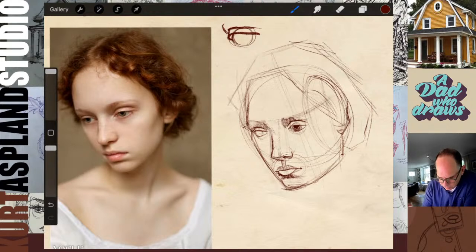And same with the other side. Also, I made this iris too big.